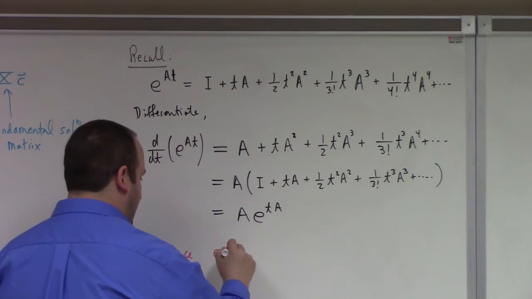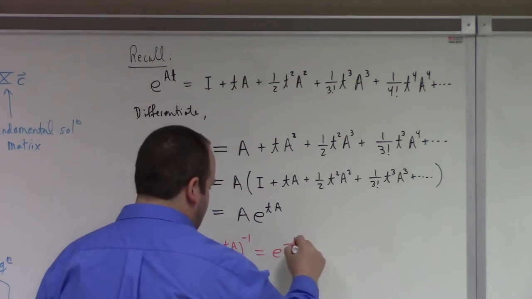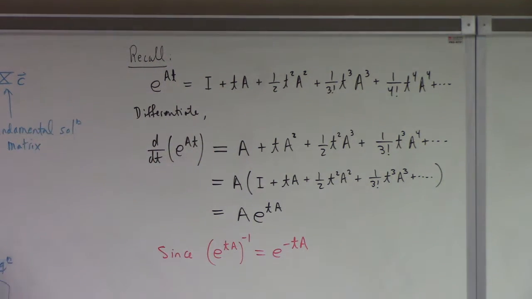Last time we argued that e to the ta inverse is equal to e to the minus ta. I didn't have a t there at the time, I just had an a. Multiply by t, it's still true. So it's an invertible matrix. That means it has linearly independent columns for each time. It follows that this condition holds true for the columns. So it's linearly independent with columns, and it also solves